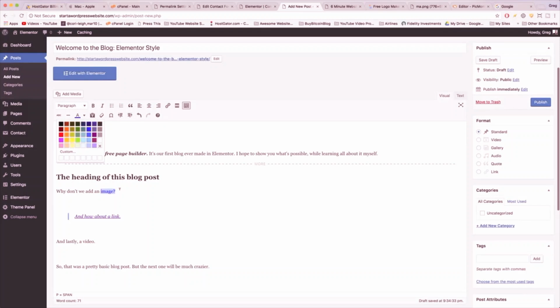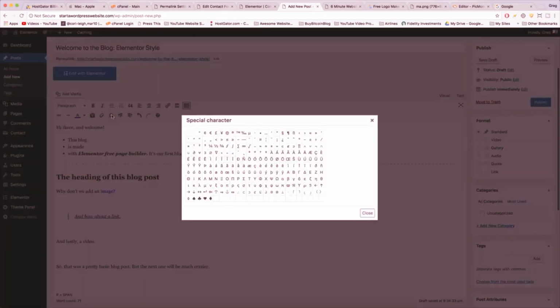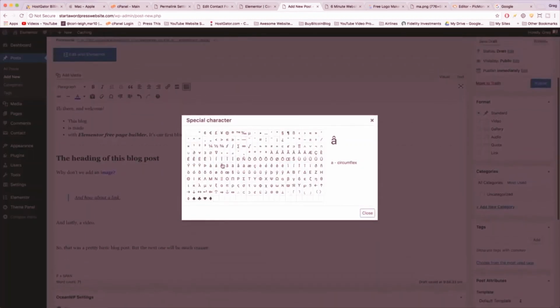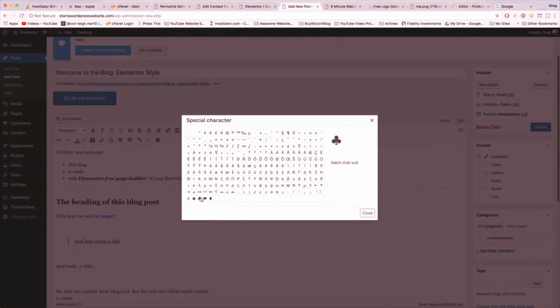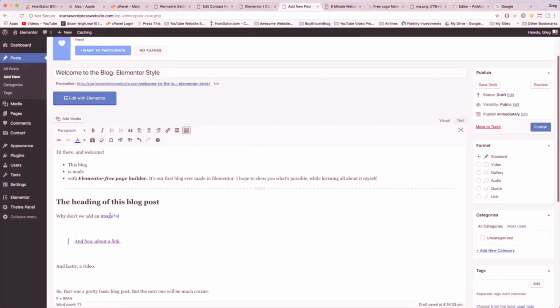If you highlight some text from Word or maybe PowerPoint, it comes with formatting, and a lot of the times you want to use paste as text after you've copied it, so it just pastes the text. Clear formatting and special character are rarely used, although special character does come with a large set of different ways to spice up your blog post, like the infinity sign. Next, you can decrease the indent or increase the indent, although you probably won't need to unless you're really specific about the formatting. And lastly, we can undo, although I just hit Command Z, or redo, and then we have